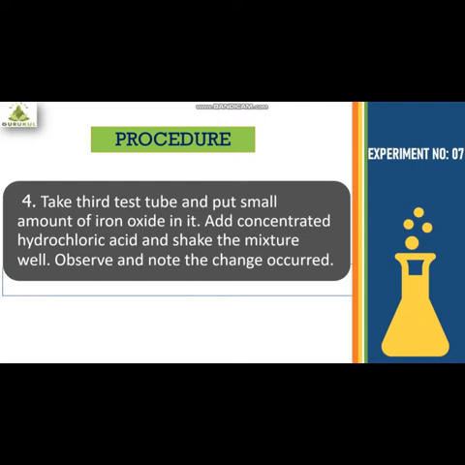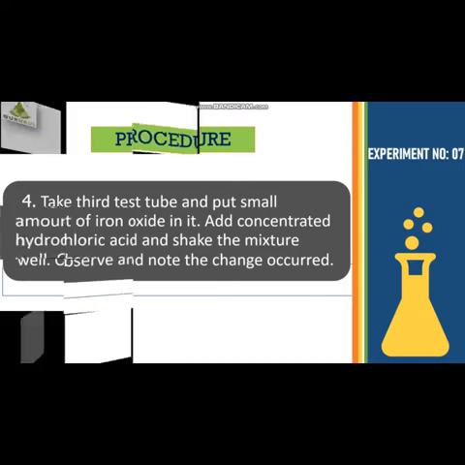Okay, so basically the procedure is clear. What all things I have done. First I have done observation, then I added the iron oxide and water, and I have checked what happens. Then I have added dilute hydrochloric acid in another test tube to check its solubility, whether it is soluble or not, and what is the color of the mixture. Again I have used concentrated hydrochloric acid. So 2-3 things I have done to understand the properties.